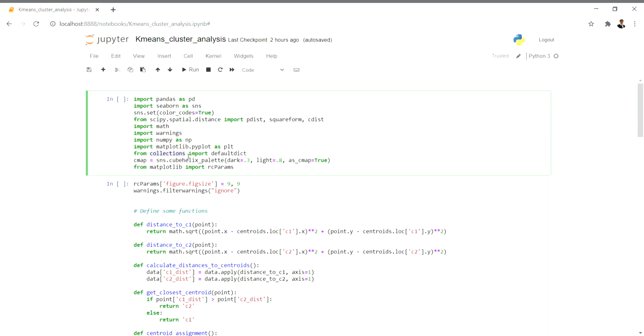Collections is another package or library, and from there I'm using defaultdict. There is one dictionary, which is a predefined data structure, and there is defaultdict. Both are different, so you can check those out also. By introducing these new things, we'll get to know what the new things are and how we can change the code. It's not a standard way of implementing k-means, but there are n number of different ways possible for doing the k-means algorithm.